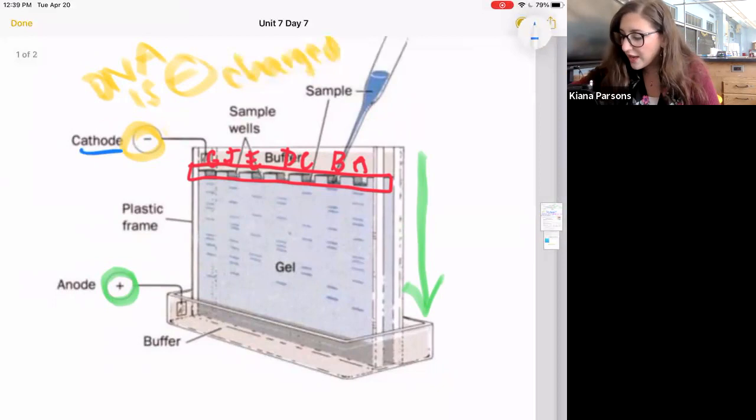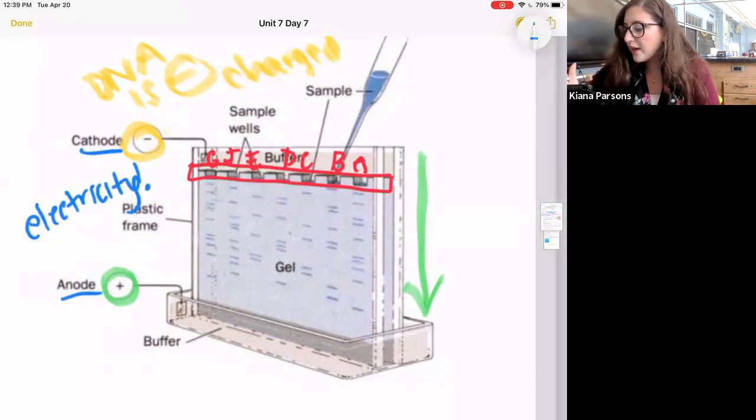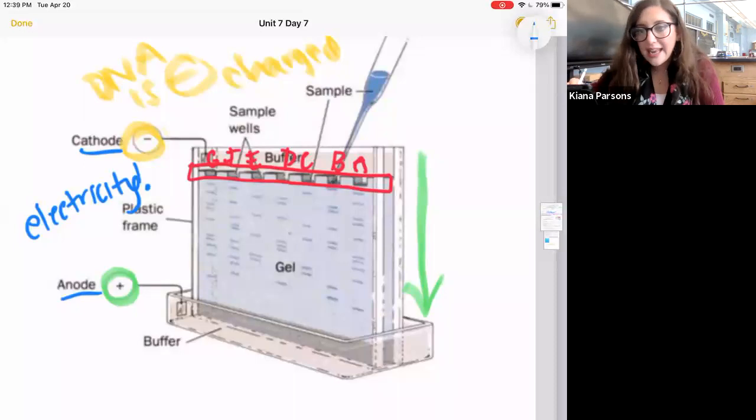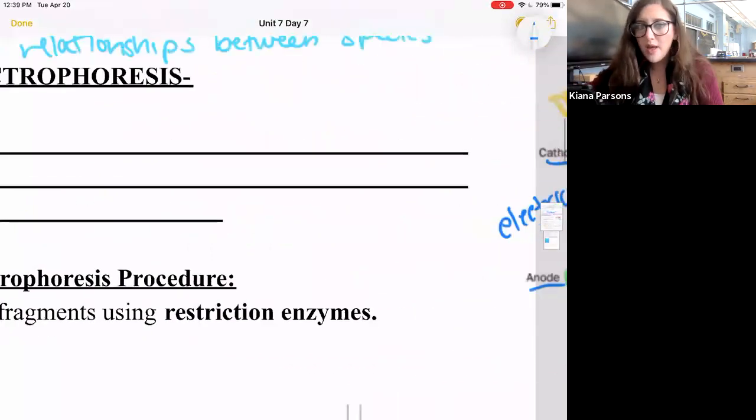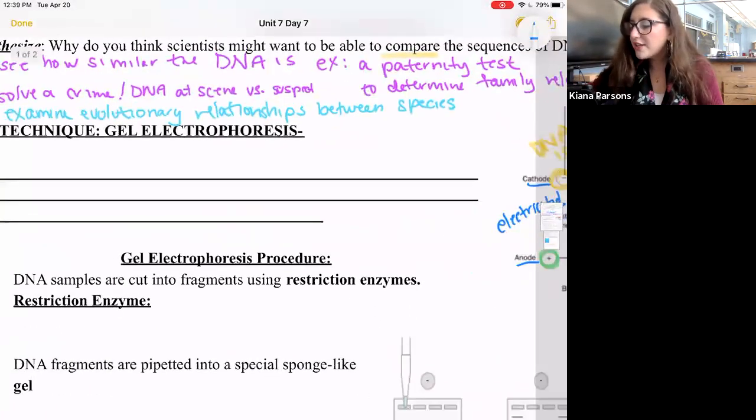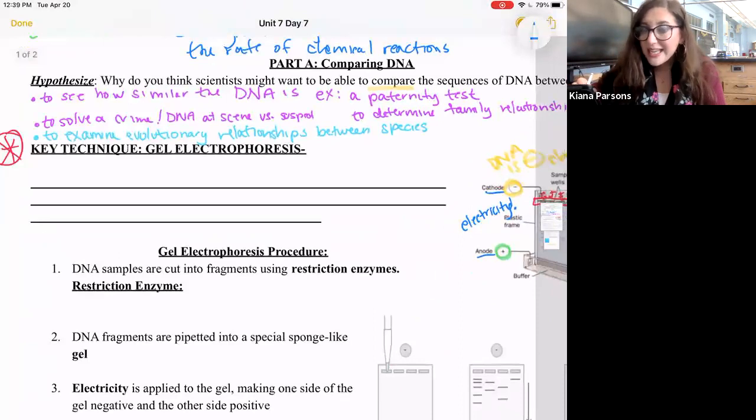So this cathode and anode, this is charged with electricity. Right, so the electricity is very important. And then we can see there in the gel, those little lines, those are the DNA fragments. But how exactly does that happen? Well, gel electrophoresis, to put it simply, is a procedure